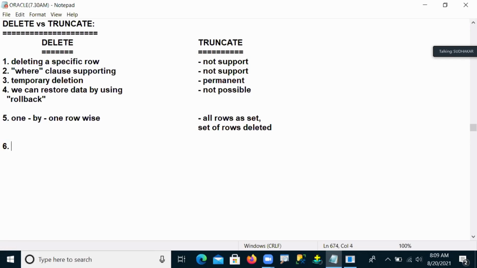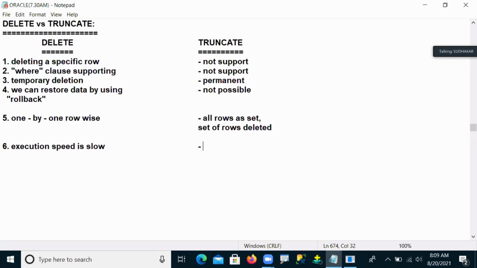And that is the reason people talk about the execution speed. The execution speed of the delete command is slow. Internally, the query execution speed will be slow because the procedure is slow. Why? Because we are deleting one by one row, so that's why it will take much time. But the truncate command is not like this.